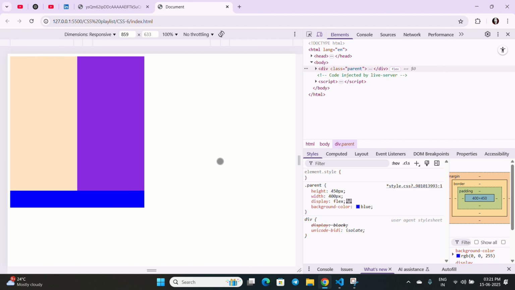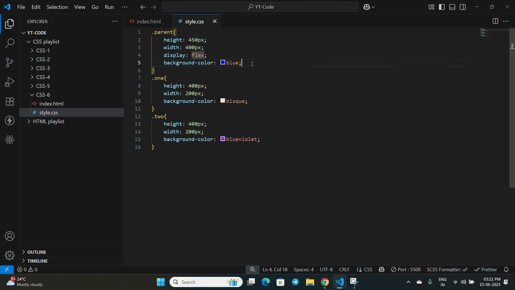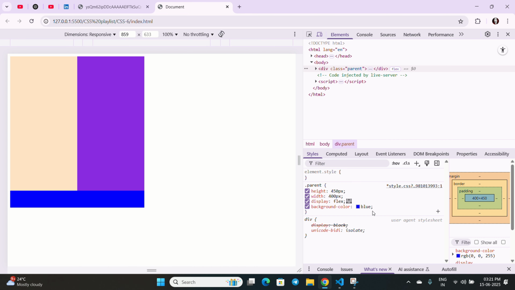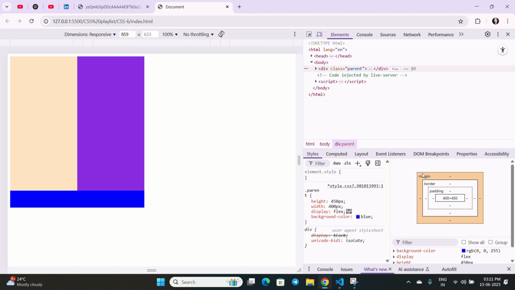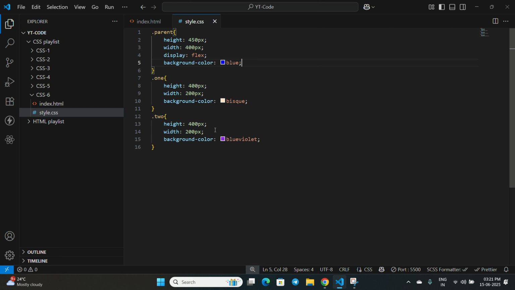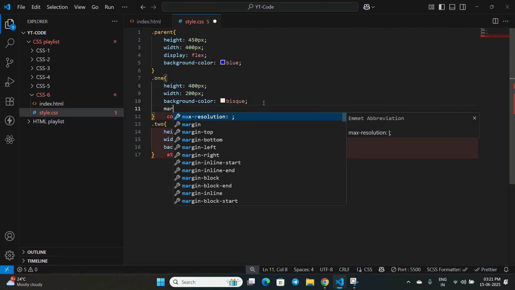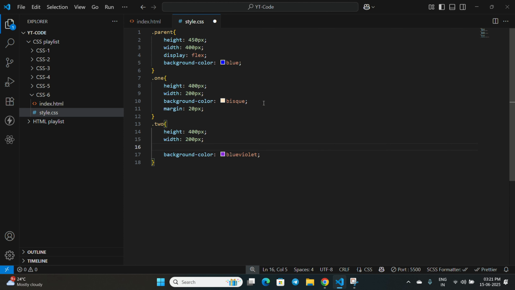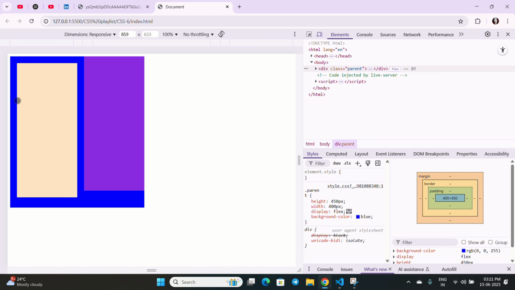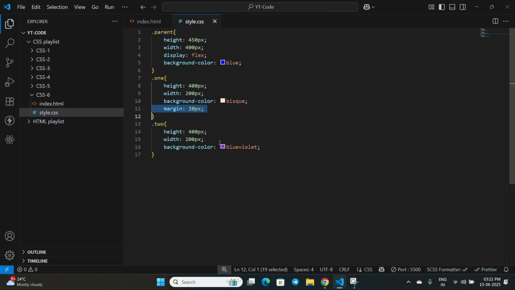If I add margin or padding in between them, here you can see the box model. Margin means outside of this box. So if I add margin of 20 pixel to this one, see what it will do: it will try to occupy a little bit more space, and it will not adjust, it will increase the parent size. If we do the same thing with this one also,